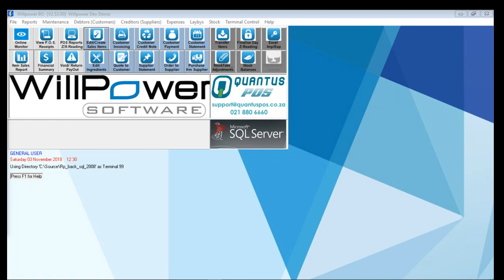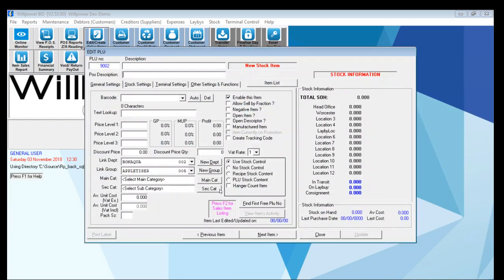Hello and welcome to another training video of the Willpower software system, in particular the back office, and more specifically we're going to look at the edit create item section. This dialog should be familiar by now. In particular, I want to explain how to change pricing on a database that you need to